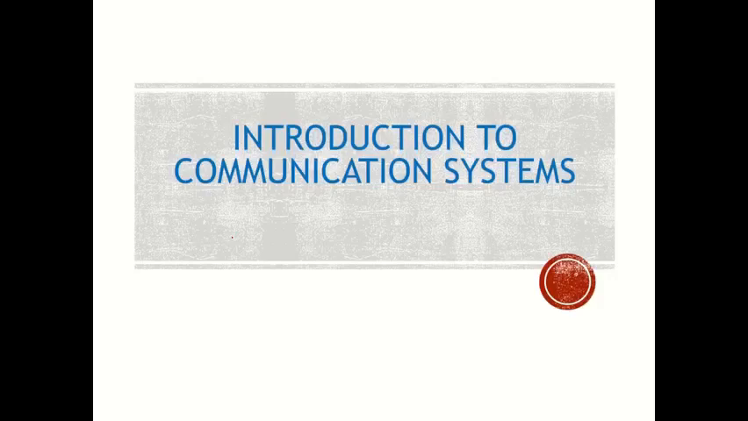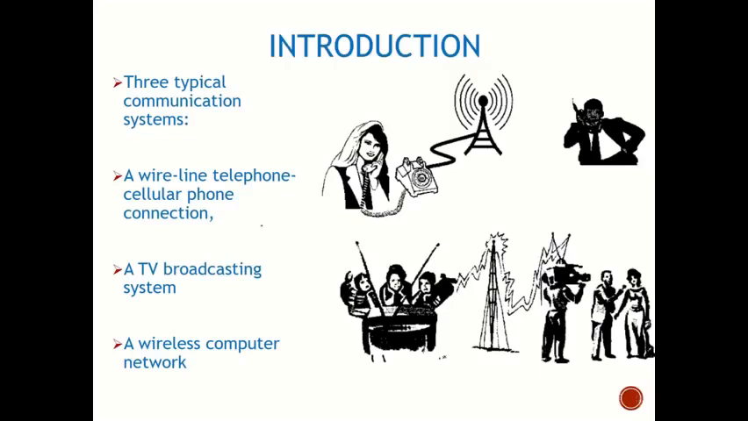Right, so we will talk about the introduction to communication systems. Basically, we have generally three different types of communication systems. First is a wired telephone or a cellular phone, right? So this is one type of communication system. Then we can have TV broadcasting, which is only one-way communication. And third, we have a wireless computer network. For example, Wi-Fi and all these different gadgets that are connected to the Wi-Fi, they are part of